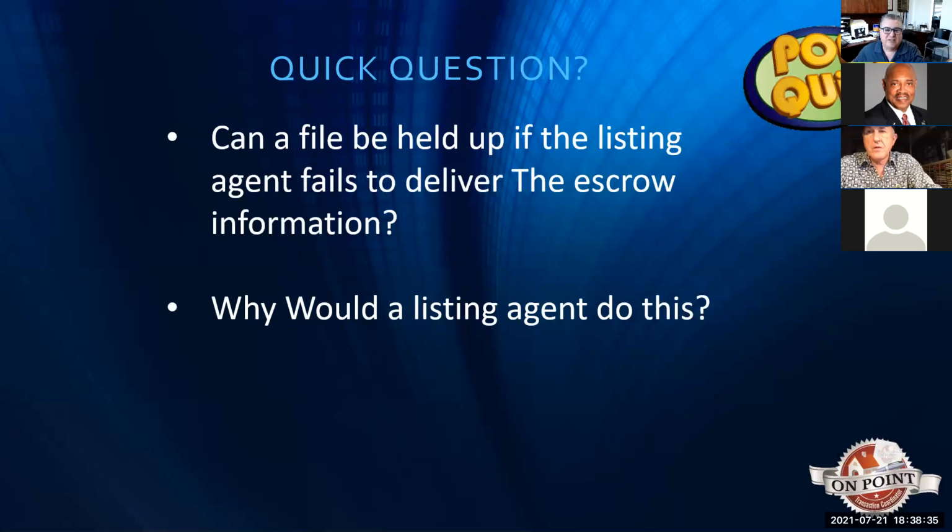Well, why would a listing agent not want to divulge the escrow information? As a backup offer. He wants the other to fall. Yeah, he's hoping that you cancel because he's got a backup offer. A lot of times it happens. It has to do more with dual agency because it's their deal, right? So a lot of times they'll do that.